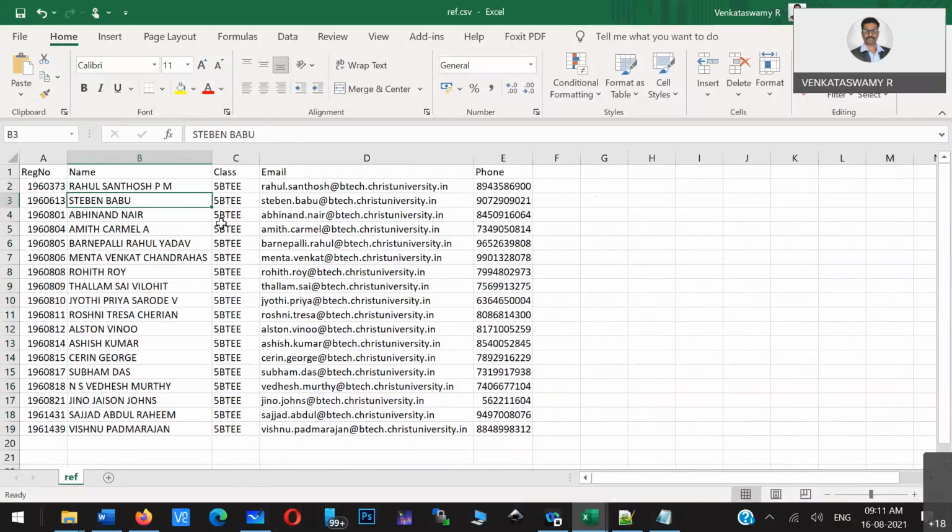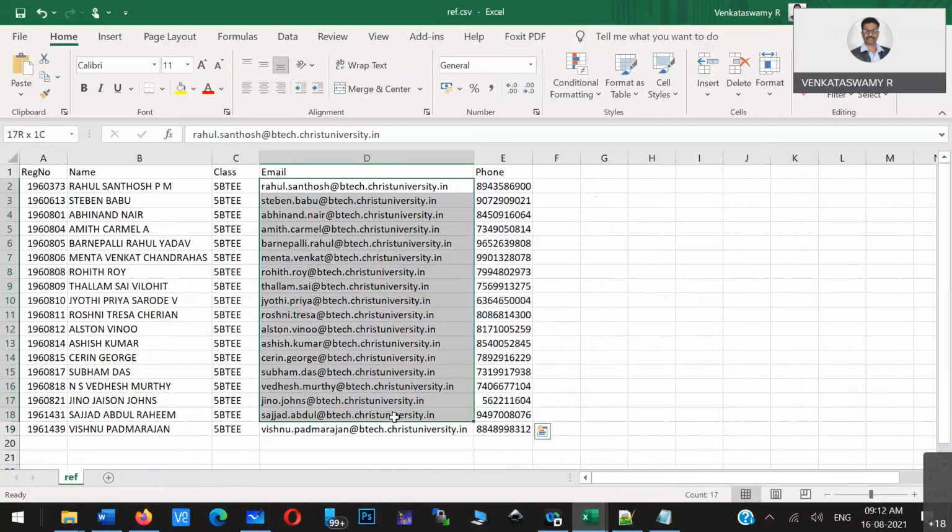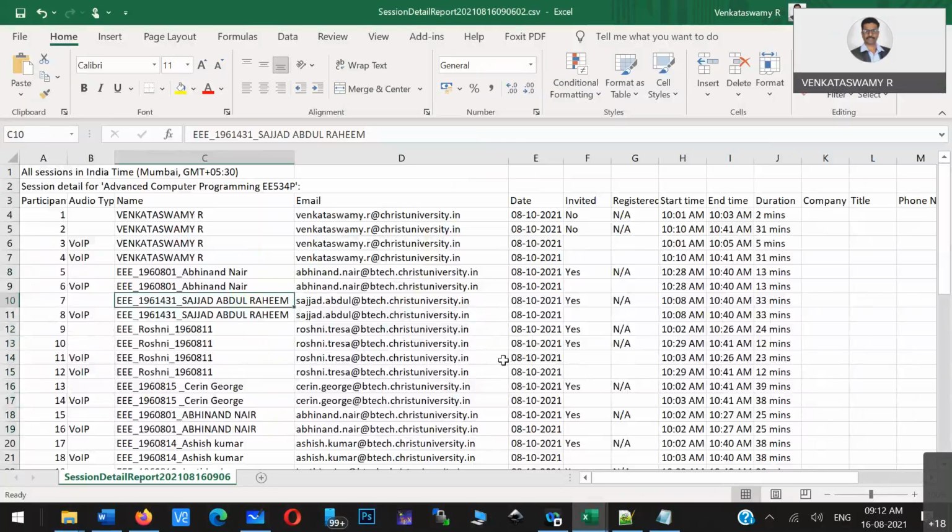Register number we cannot use because it is not available in both the lists, so we cannot compare one by one. That is one problem. And phone number is also not there in both lists. But the only unique thing you can find in both lists is basically the email ID.